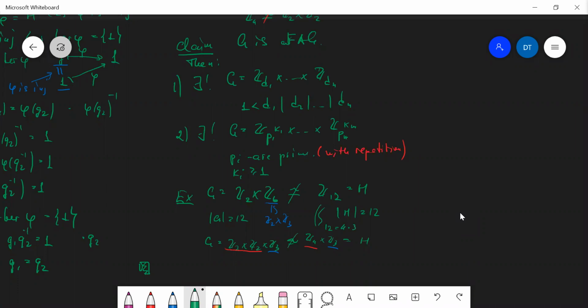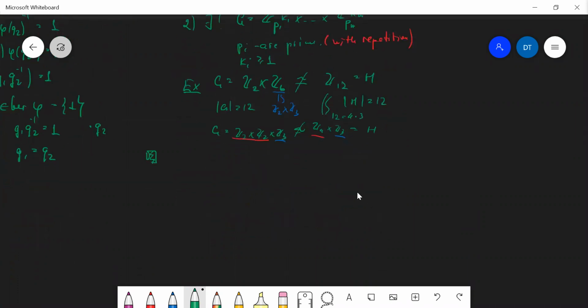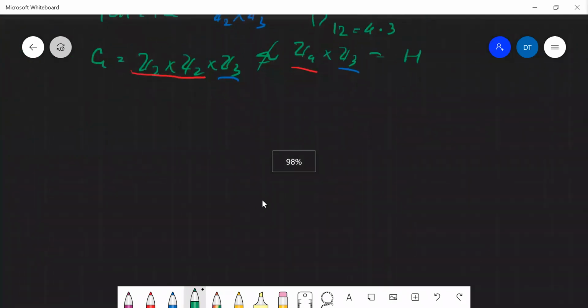Could you repeat the question, because there was a problem with the sound? We denoted in some places 1 as a neutral element. Oh, okay. So you see,